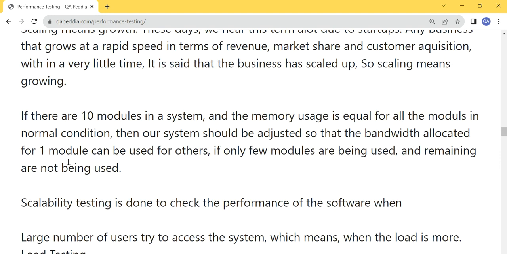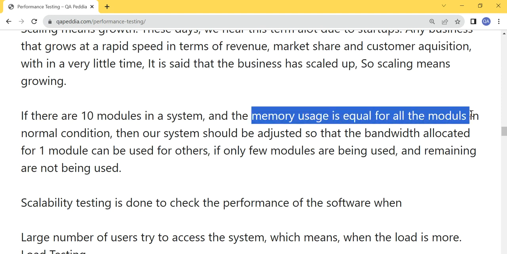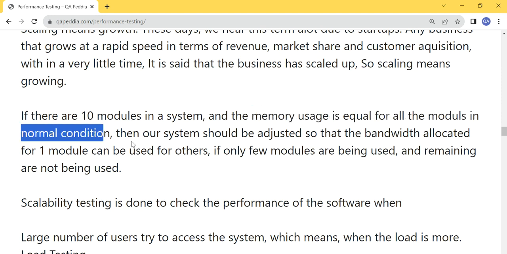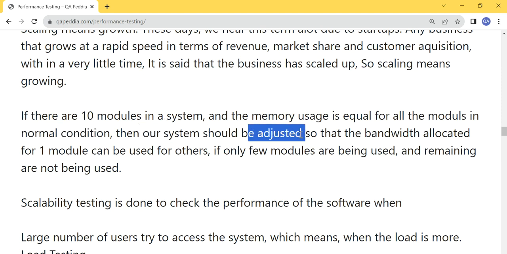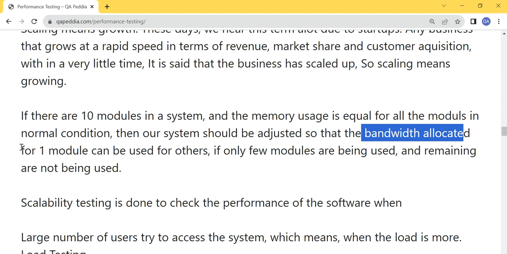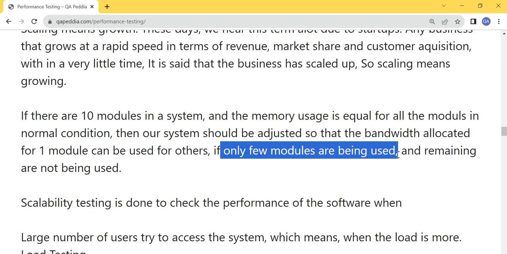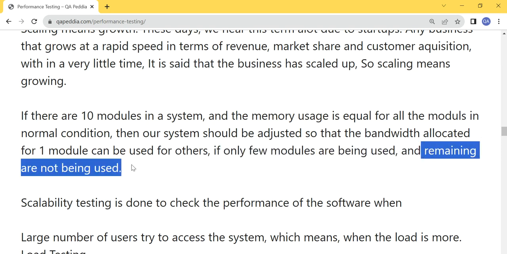Now how can we use this in our performance testing? Let's say we have a system where we have 10 modules and the memory allocation is equal for all the modules in normal condition. Then our system should be flexible. It should be so adjusted that the bandwidth allocation for one module can be used for others